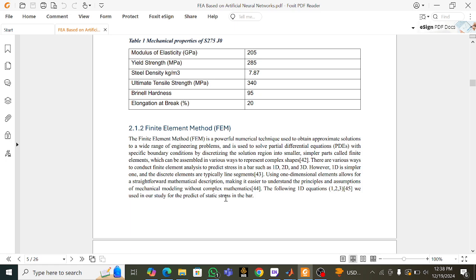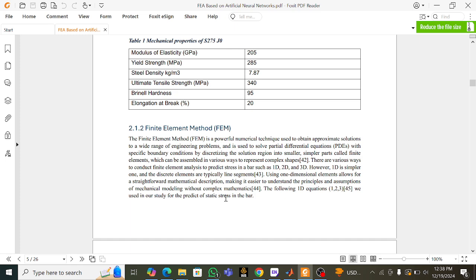Because we don't have other sources to generate data to train the artificial neural network. So for this purpose I include the finite element method to predict the stress, and then I will use those outcomes, that data, to feed the artificial neural network